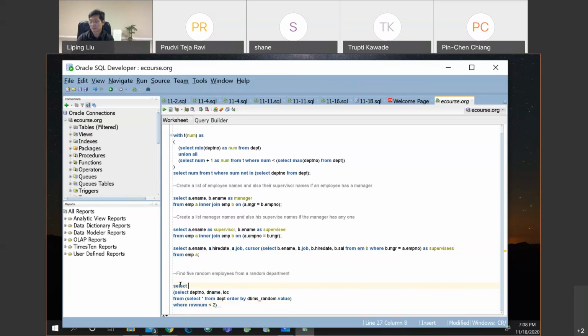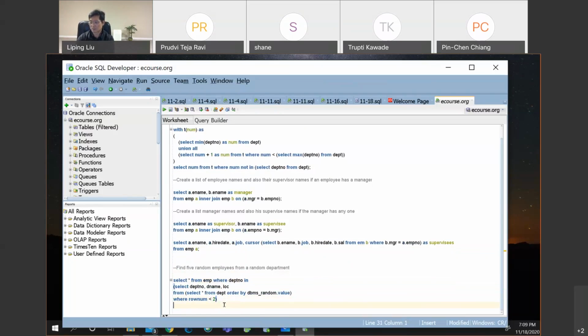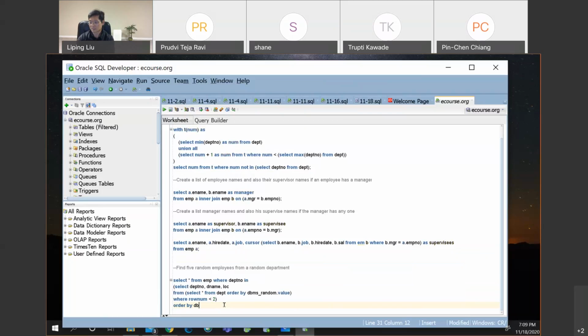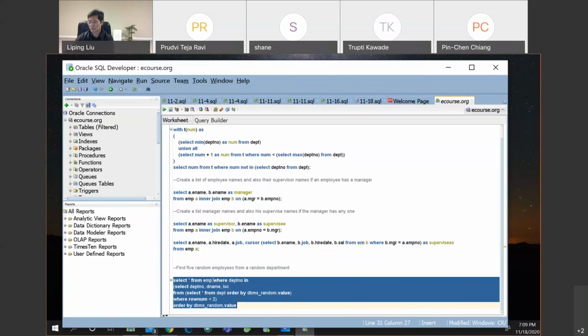Select star from EMP where DEPTNO in this list, and then we order by DBMS_RANDOM.VALUE. So this will give you all the employees randomized, all the employees' information from that particular department,